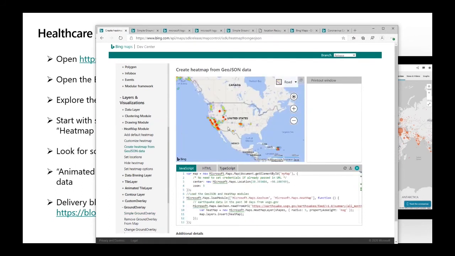So the idea is this, you'll see that this loads the heat map module saying that I'm going to use a GeoJSON source. Then I have a public URL that feeds me data about the earthquakes around the world. This is actually earthquake feed from the USGS, US Geological Survey, and it shows where our earthquakes have happened in